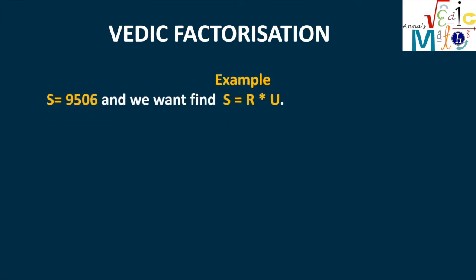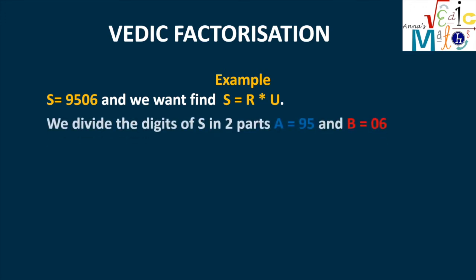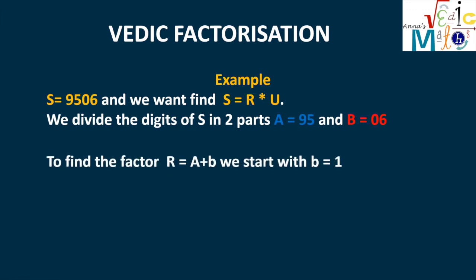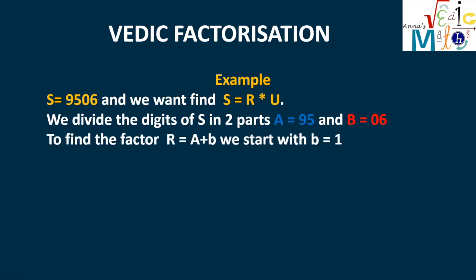S equal 9506. We want to find the product between R and U, that is S. We divide S into parts, A equal 95 and B equal 6. To find the factor R equal A plus little b, we start with little b equal 1. So